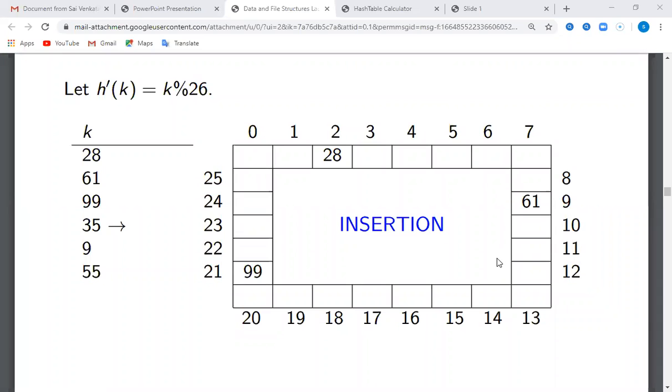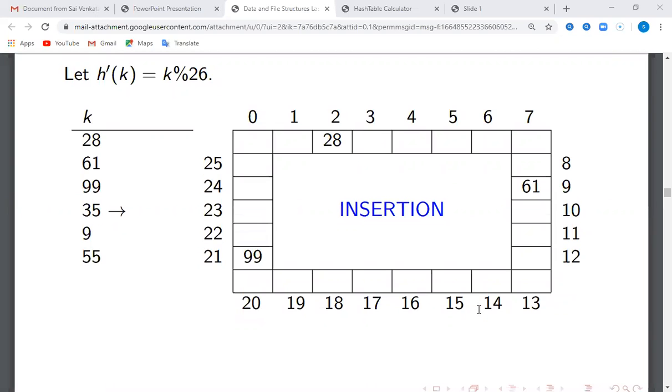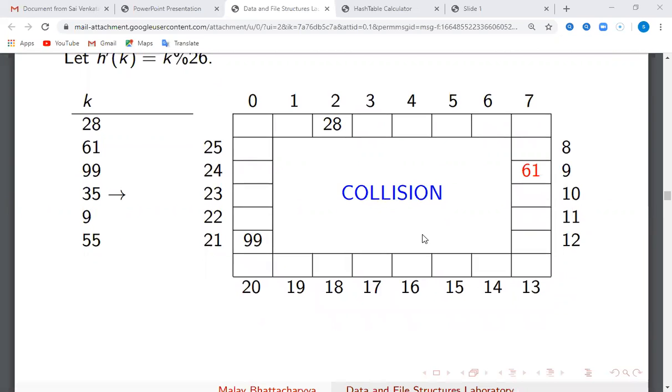No. What is this situation? If we want to have more than one key at the same index or same slot, that situation is called a collision. So here a collision has occurred.